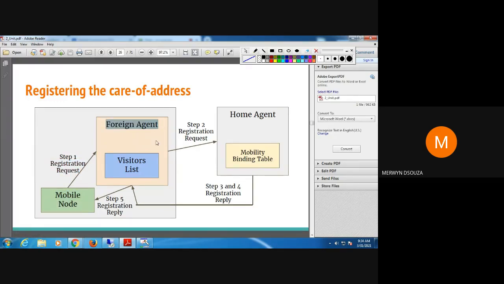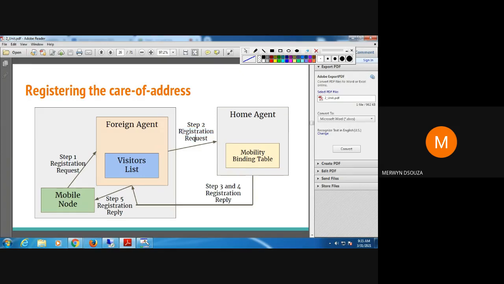Once the foreign agent gets this registration request, it continues the registration process on behalf of the mobile node. Now the foreign agent will complete the process of the registration of the care of address. What the foreign agent does is it forwards this registration request that it got to the home agent, but it changes the IP addresses.